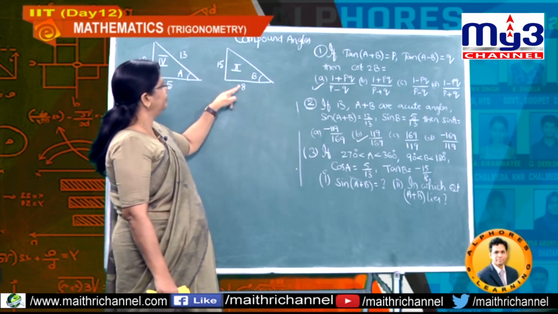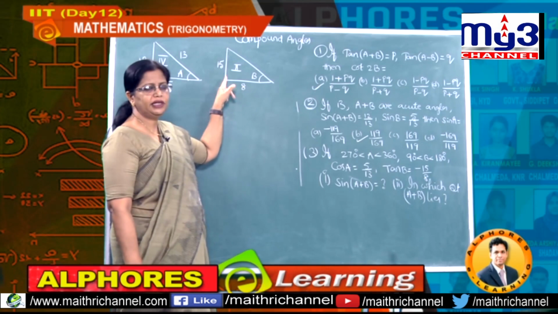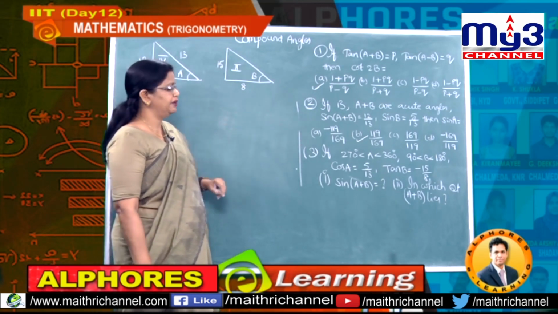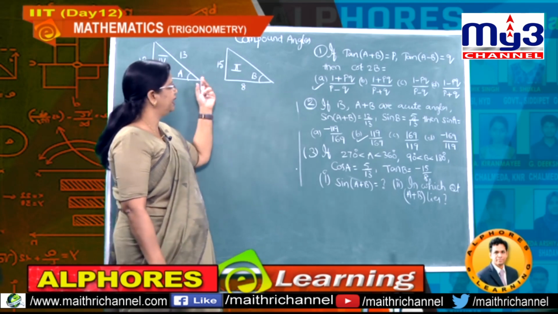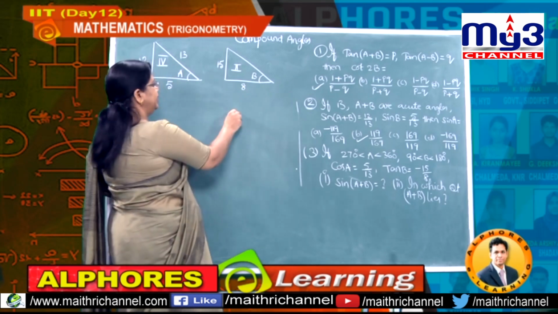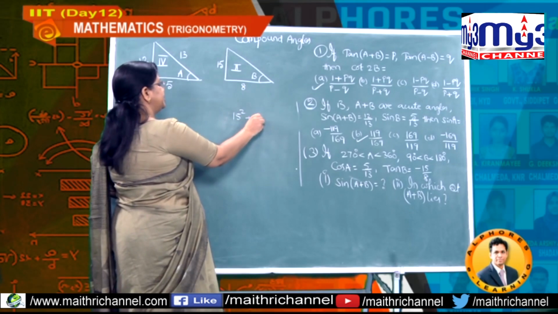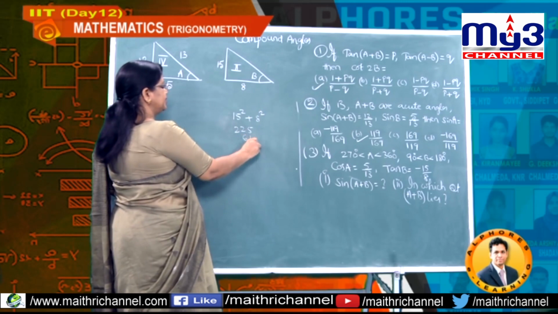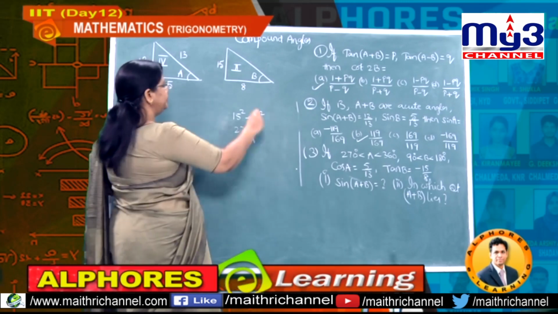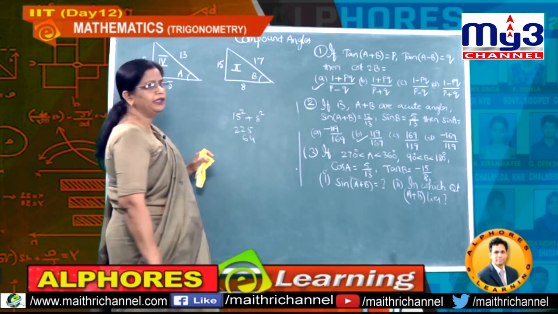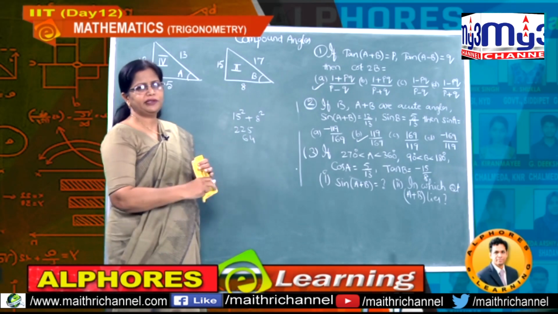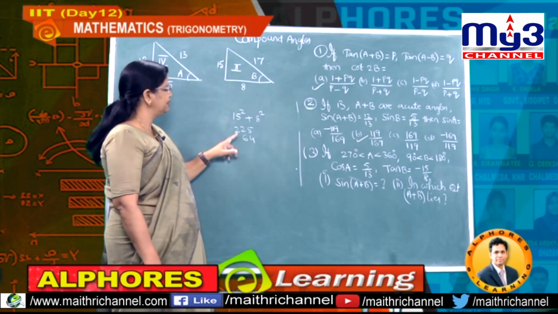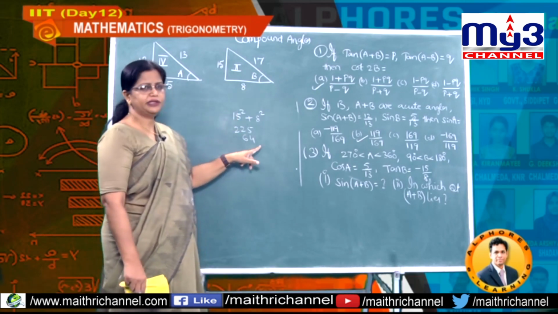Now, what about the other one? In the 15, 8 combination, what is the other value? This is 15 and the other value is 8. So, what is the other value? If you know, directly you write, otherwise I write 15 squared plus 8 squared, understand. So, 225 and the other value is 64, that gives 289. So, the value is nothing but how much? 17. Okay, better you should remember some kind of triplets. So, the 15, 8 combination we have here 17, 225 plus 64.